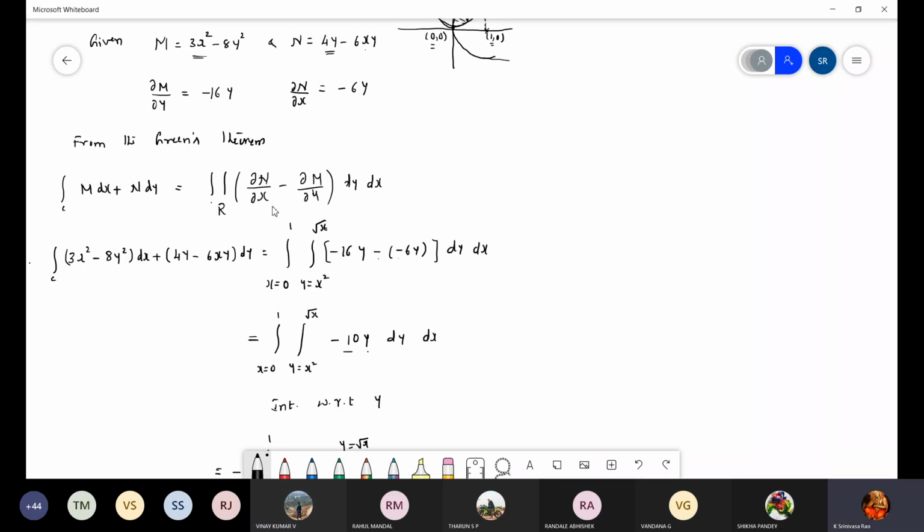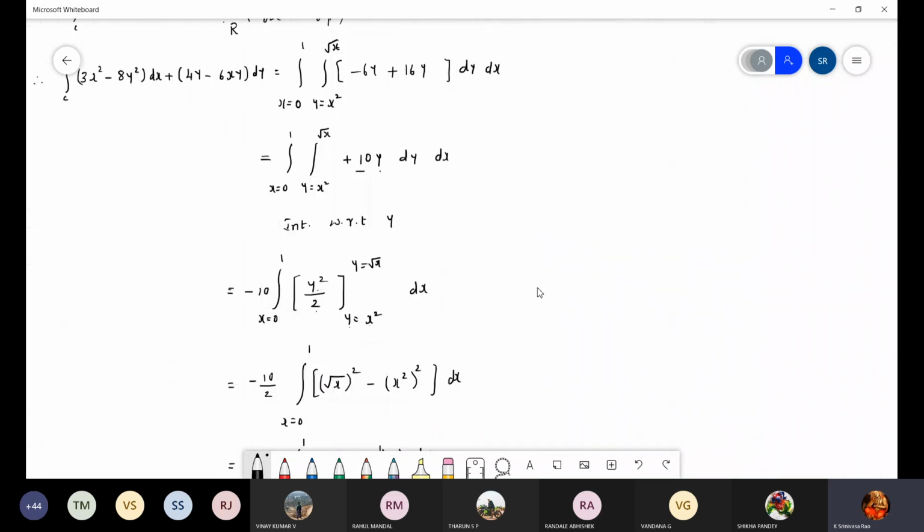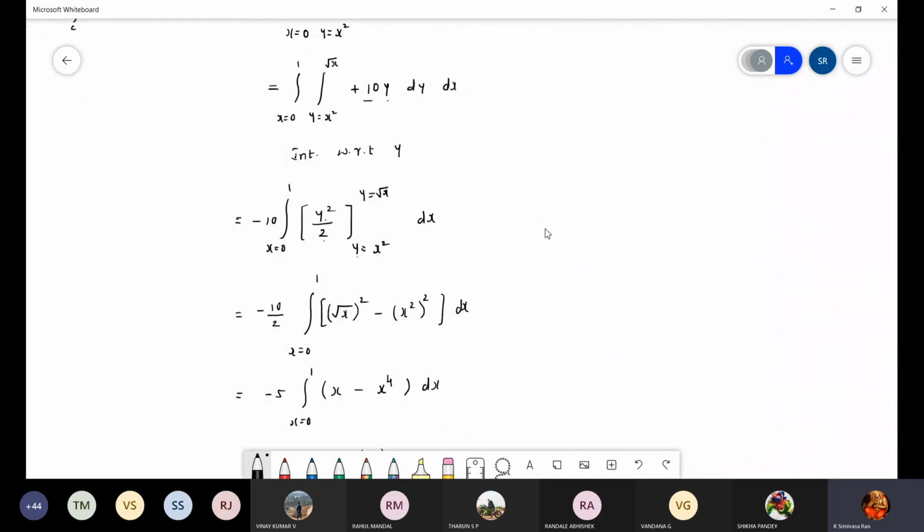See, everybody copied like this, the same way. So this should be minus 6y. See, everything I have to change. Minus 6y plus 16y you will get, so then it should be positive. No change in the answer, but you will get positive plus. You change that answer. So everywhere, wherever my negative sign is there, it should be positive. Remaining all same.